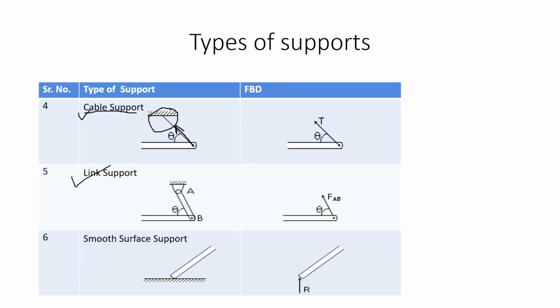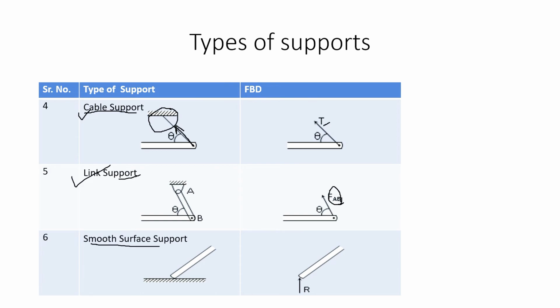When a link is provided for the support, again a similar thing, like a cable, only this time a force will appear. So when you have a cable, tension will appear. When you have a link or a short body, then force will appear. The remaining part is the same: it's parallel to the link and directed away from the body.